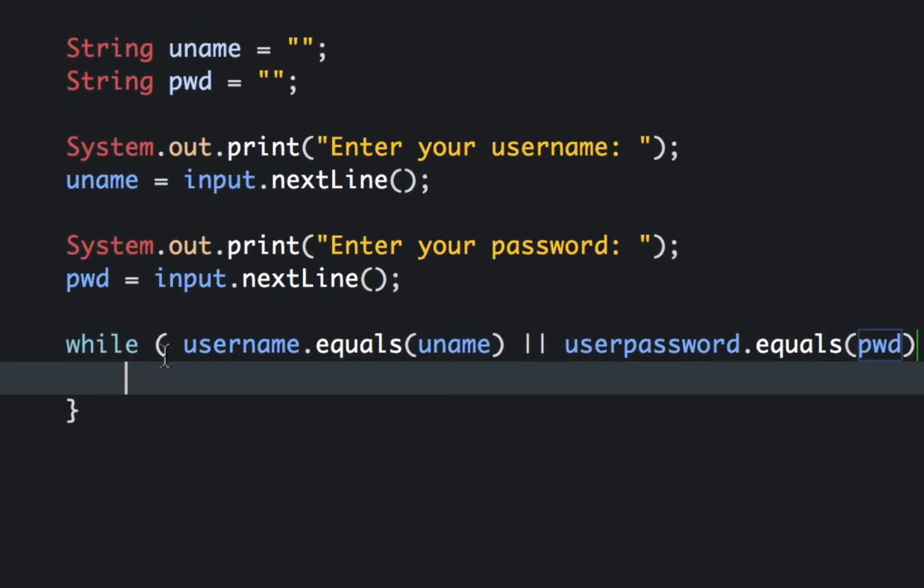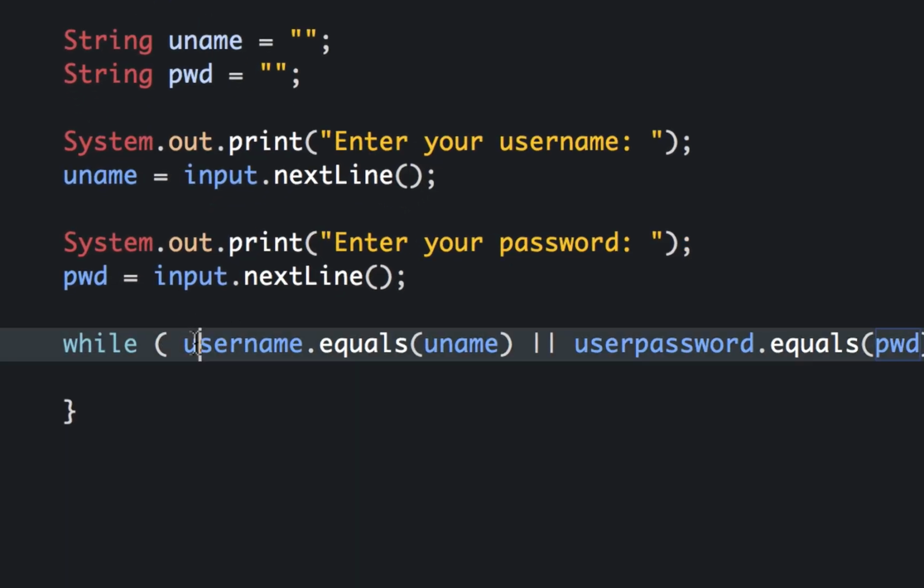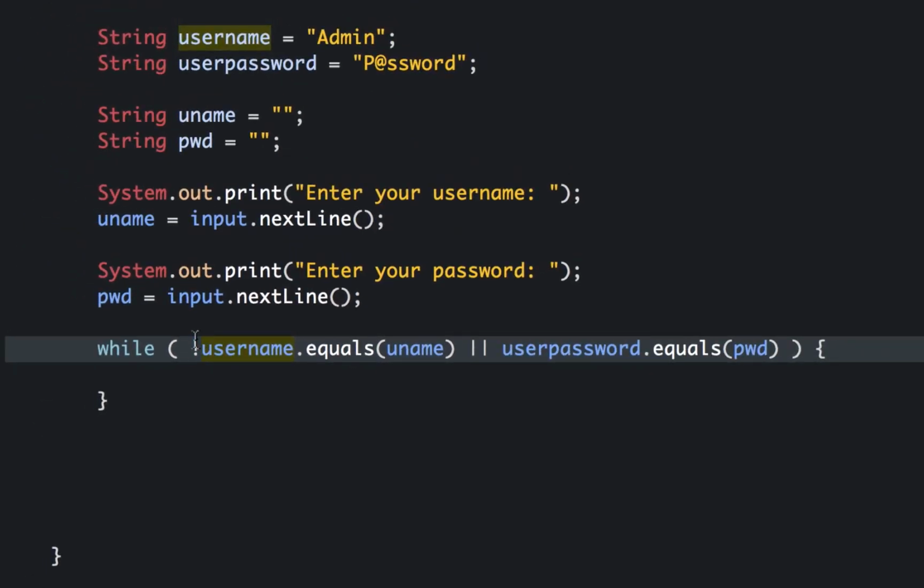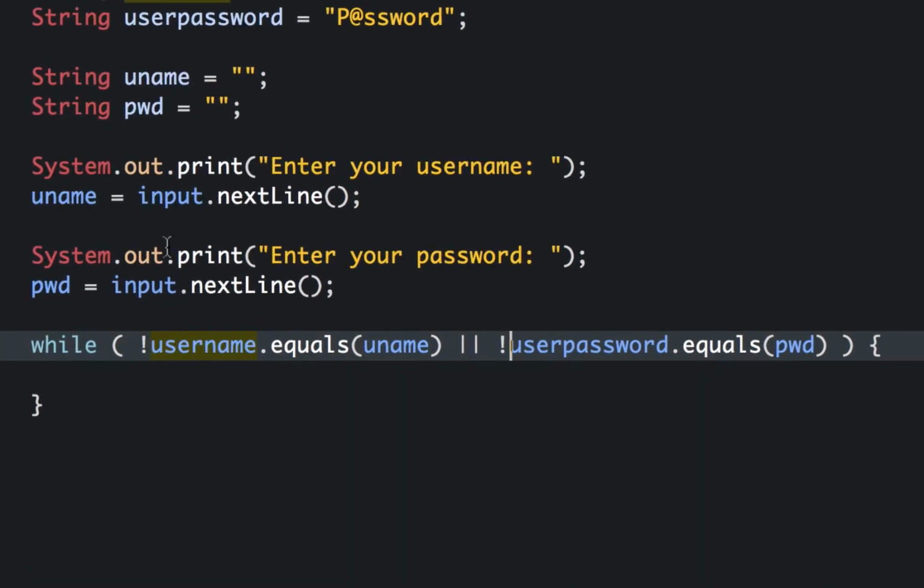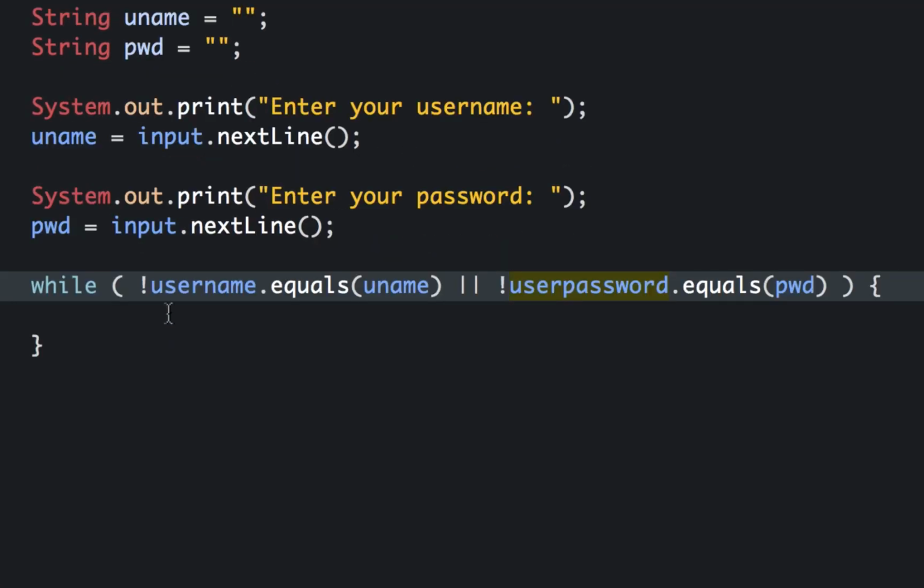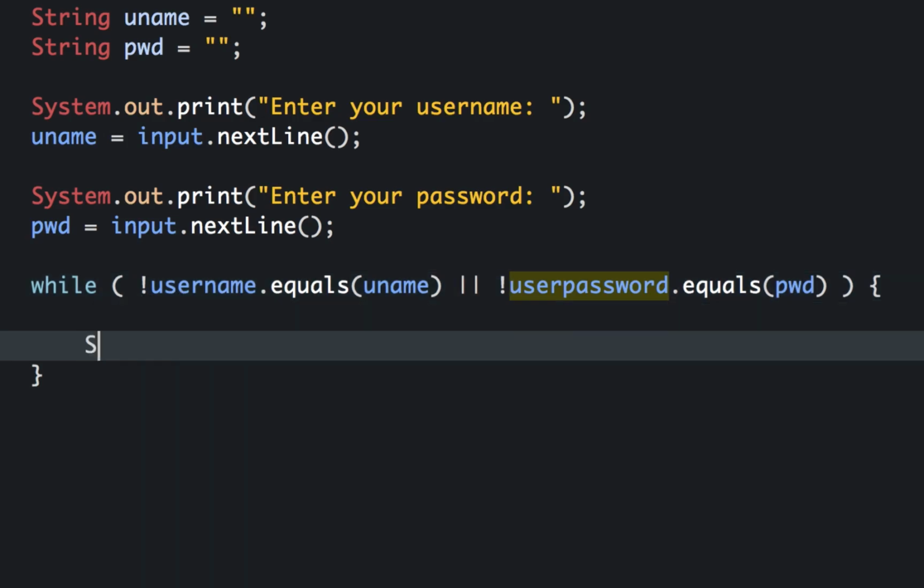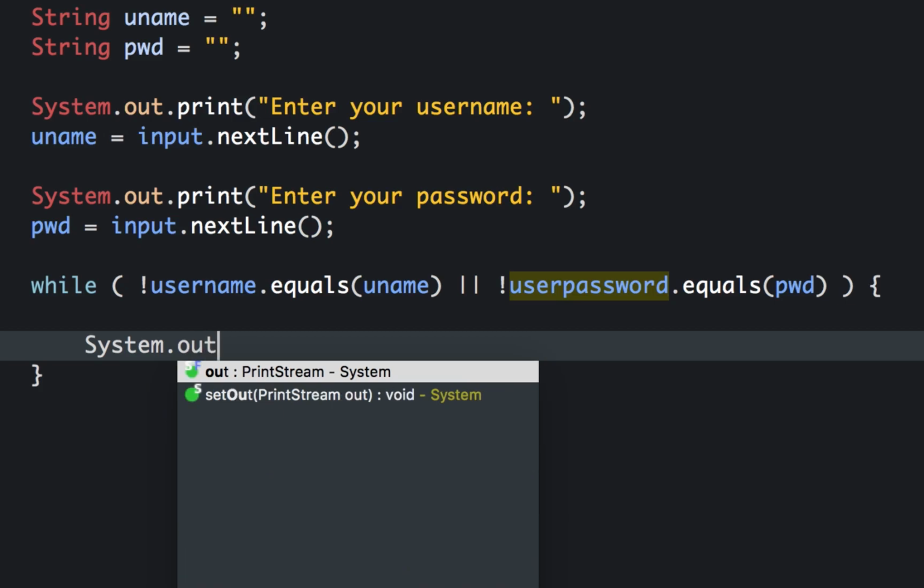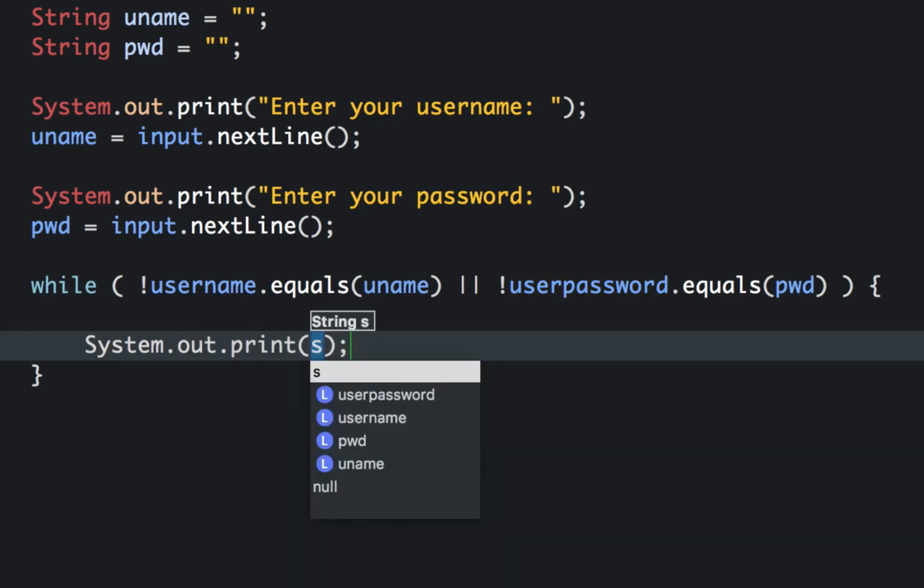But let's reverse the meaning of that. So let's put a not operator, the exclamation point. So let's put the not here and not here. So now it means that if username is not equal to uname or the user password is not equal to pwd, then continue the loop. Now if this is true or will result in true,